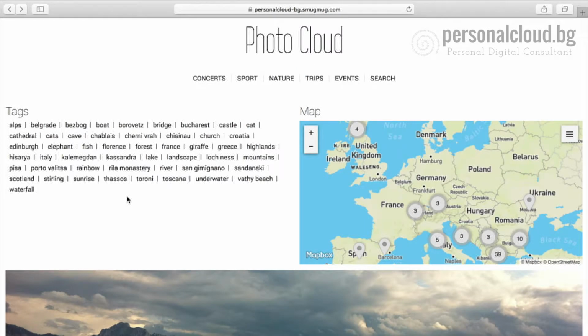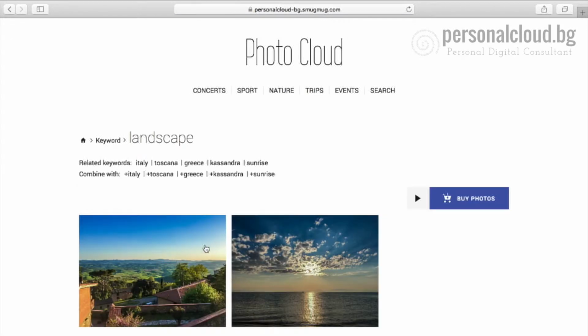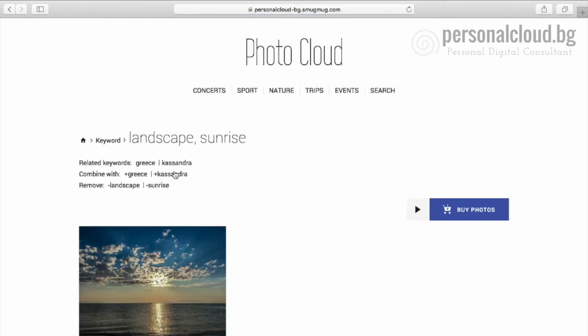Some tags have more than one photo associated with them. For example, the landscape tag is associated with 2 photos, or it can be associated with 100 photos. And if you want to see all landscape photos which include a sunrise, you can combine these 2 tags and you will see all photos in your gallery which are landscape photos